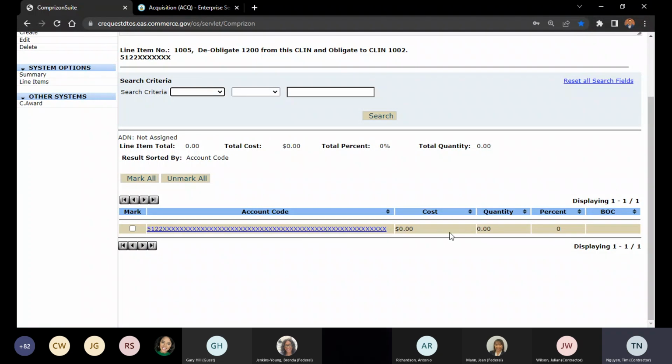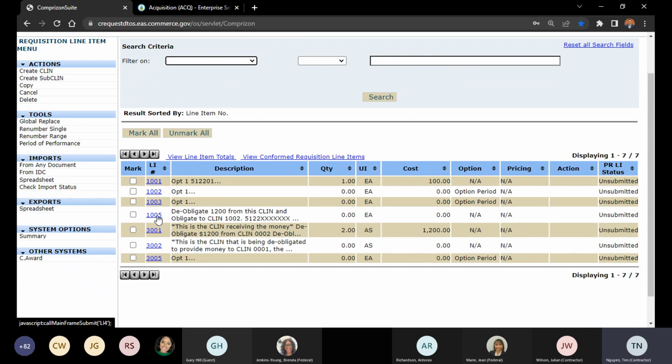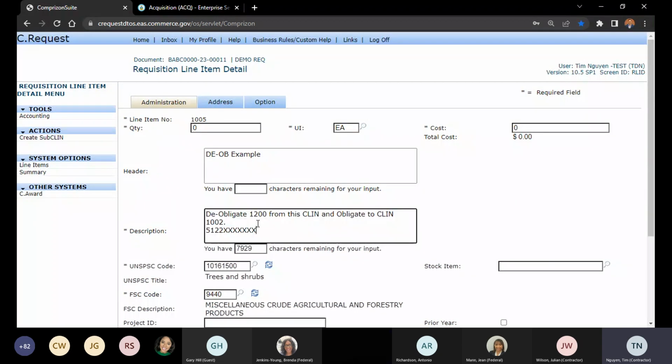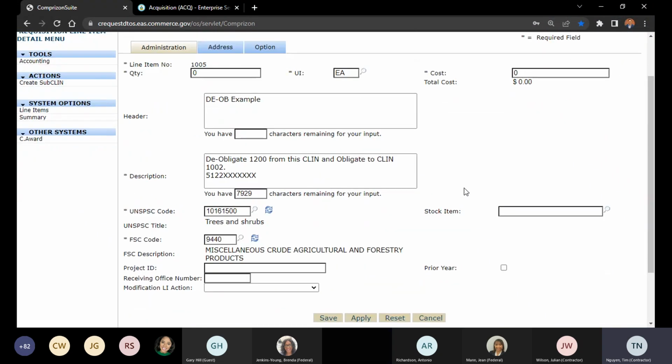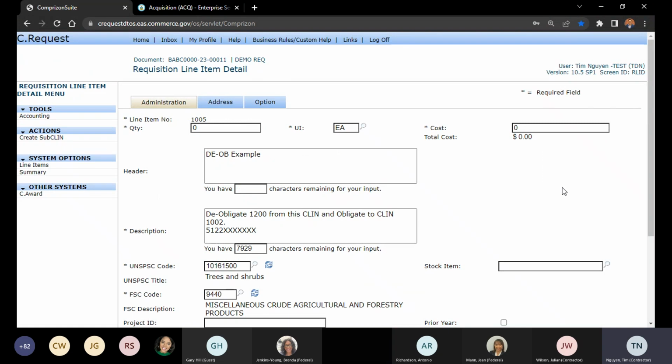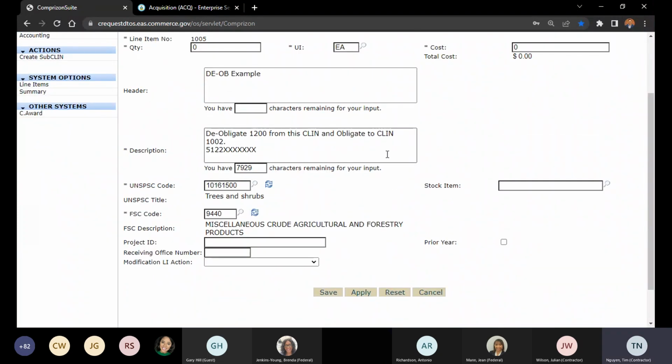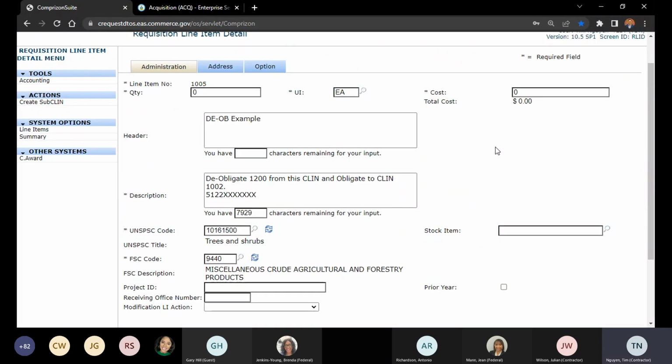So we have this accounting code created here as well, but we still have a 0 cost, 0 quantity, 0 percentage. All of that needs to be indicated in the description block of that line item. So we have to do things manually by text rather than inputting it in here. That's just to make sure that we're not sending over any information that will get rejected by the core financial system. Because the money already exists on the award, you're just making a reference to this